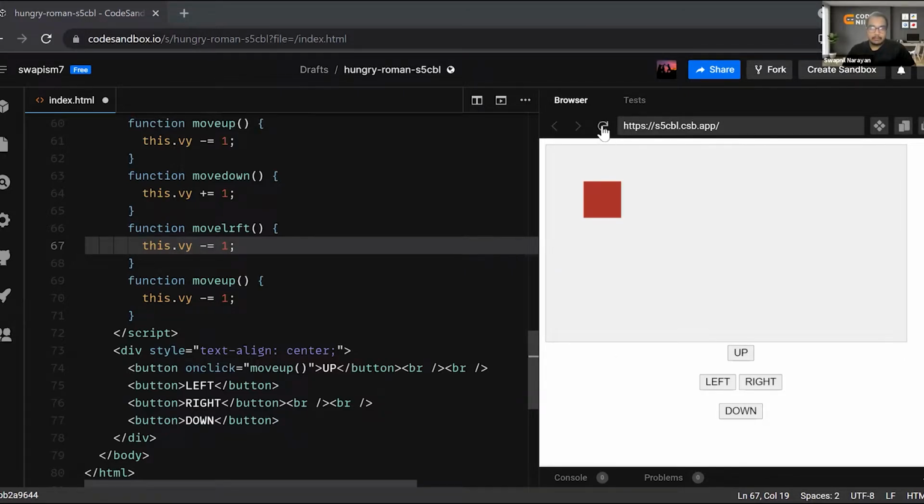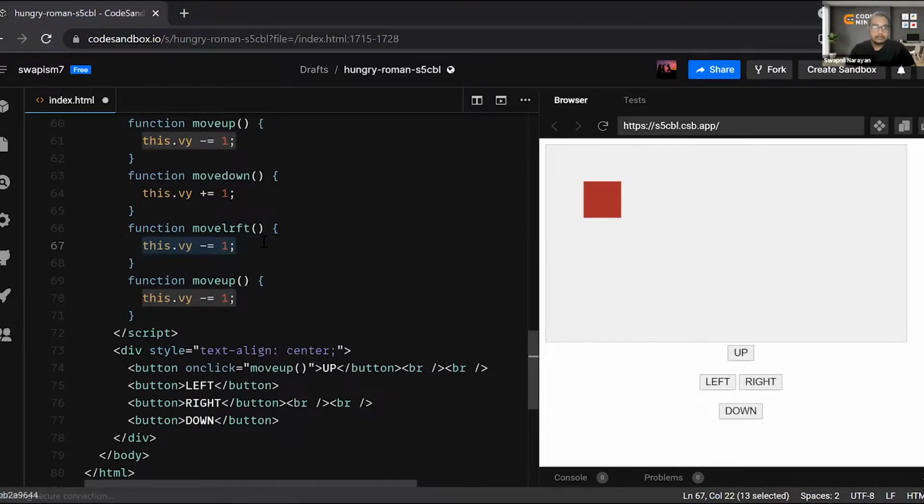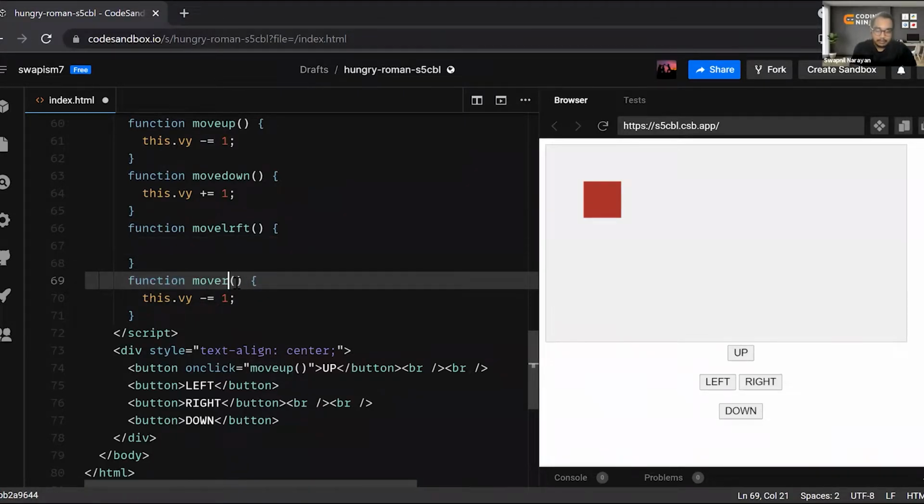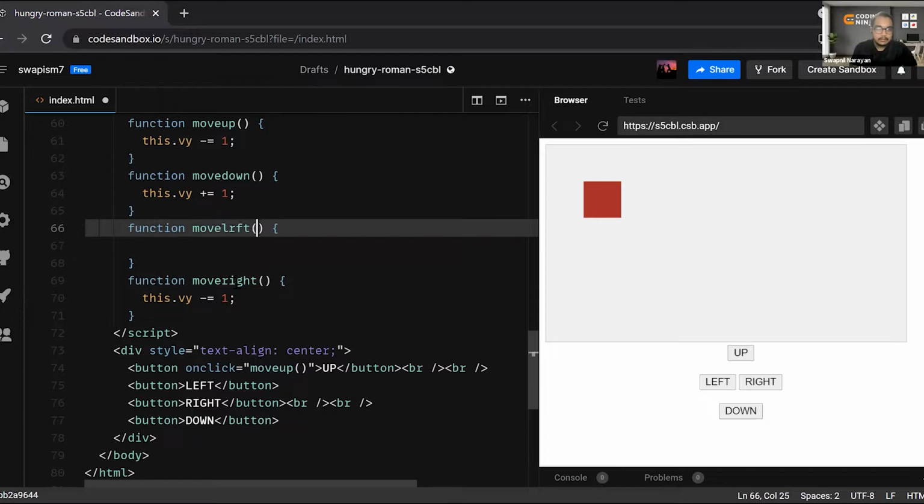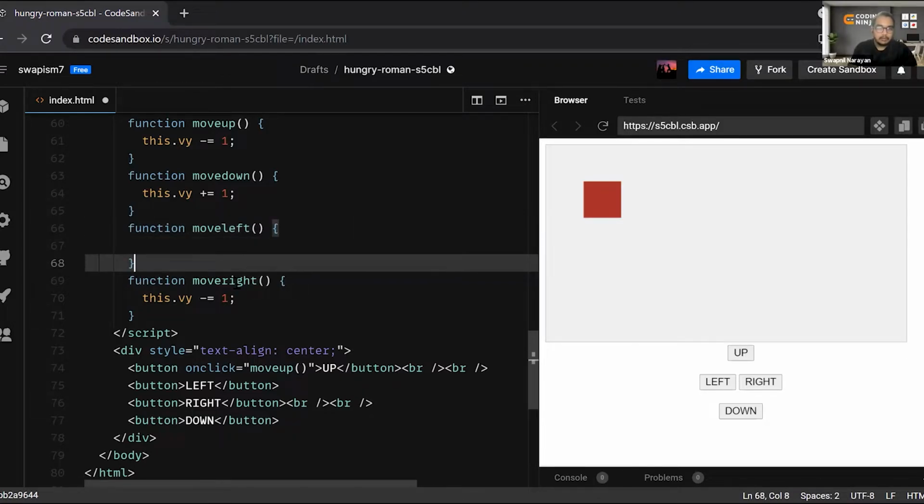Separation of the block from the left. No, no, no. I am saying what should I write over here? Let me change it for you guys. Move left and move right. And over here, what will I write over here?